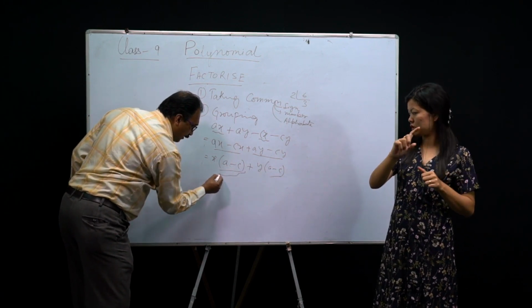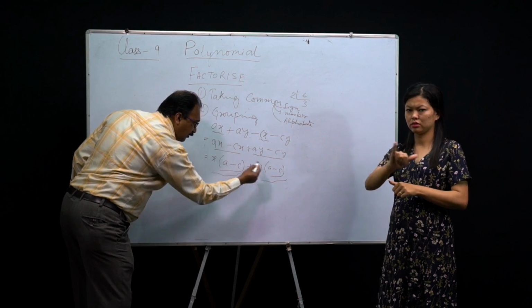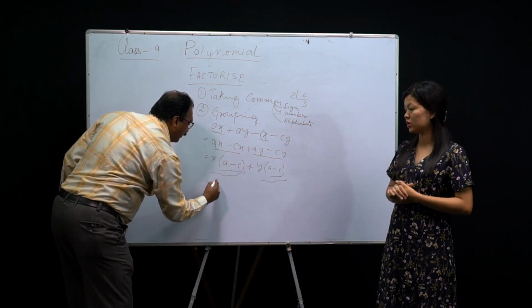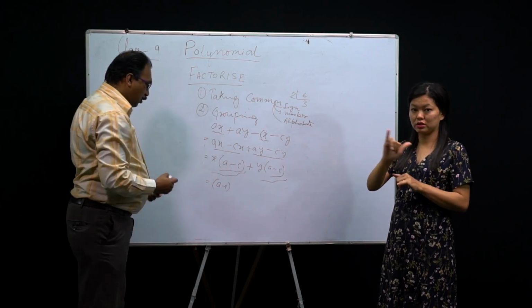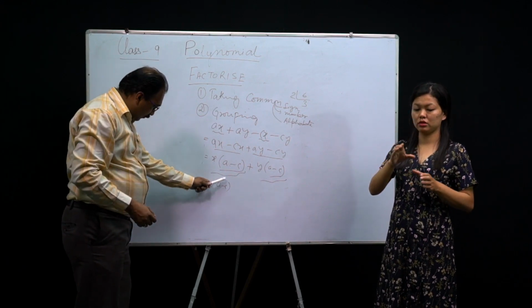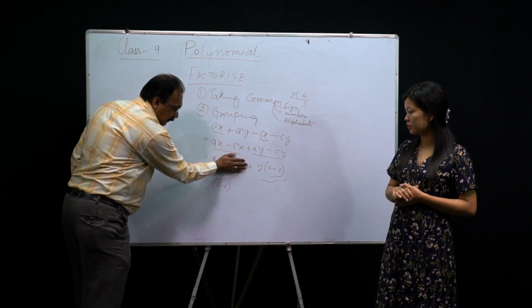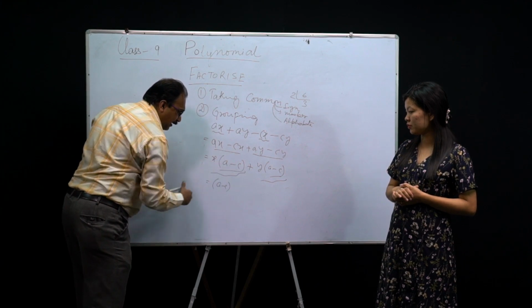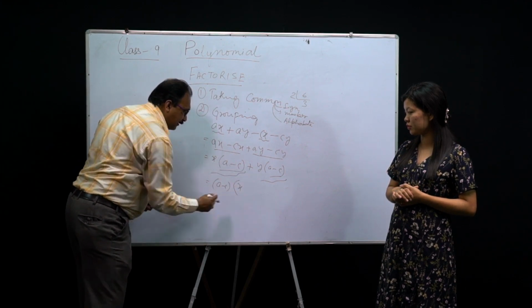So now again you can find these two are common. You know, there are two terms. Here one term, here one term. A minus c common. The group is common. So you write the common term a minus c. Common means division, I told you. Then you cut this one. If I take common, it will not be there. That means what is left here? It will be left here, x.